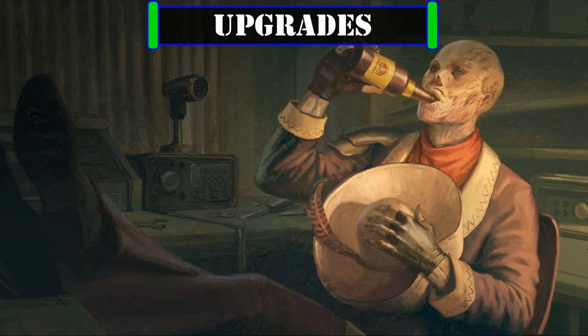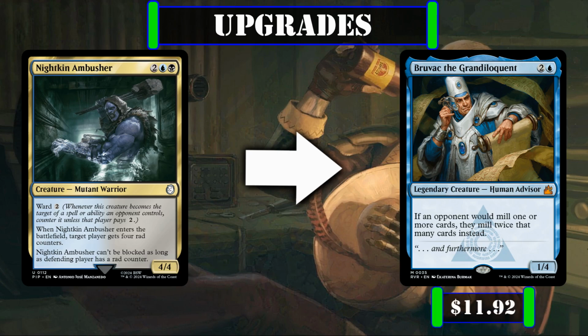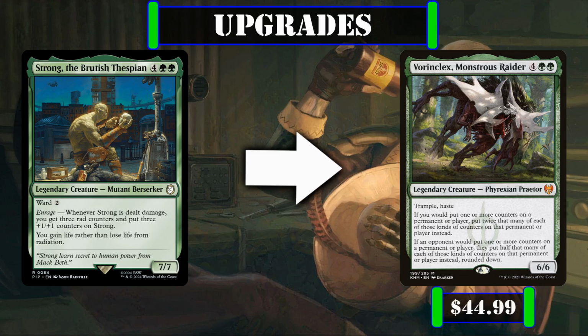Now, if we want to add even more upgrades by going over budget, we can perform a modest upgrade to the build by swapping out Nightkin Ambusher for Bruvak the Grandiloquent, who supercharges all our mill sources by doubling the amount they mill to make all our mill payoffs twice as effective, a substantial upgrade to the build by replacing Strong the Brutish Thespian for Vorn Kleck's Monstrous Raider, who doubles all our rad and +1/+1 counter distribution sources with his mere presence on the battlefield, on top of also hosing any opponents with counter distribution effects